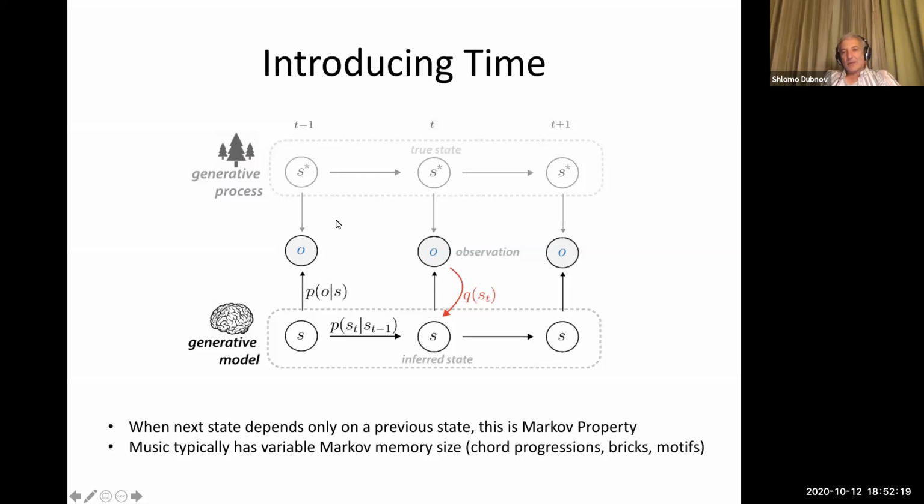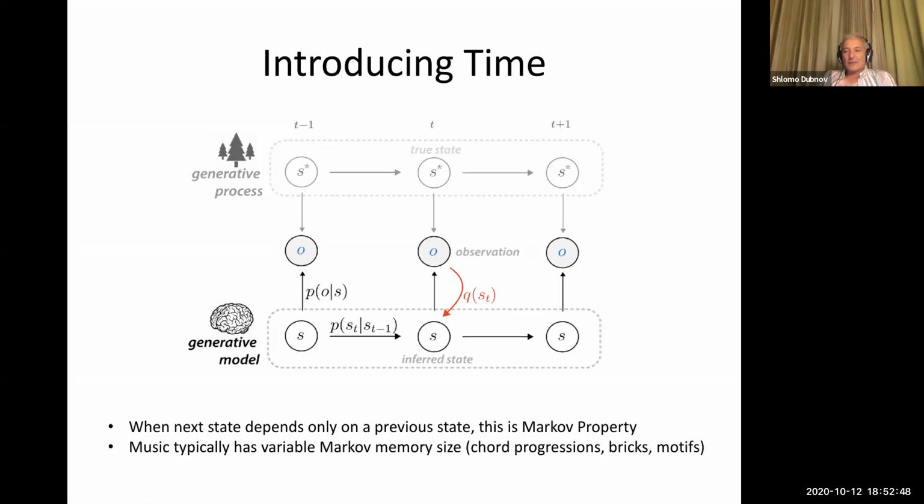And of course, there are the observations. There is whatever you can actually sense. So it's kind of the same thing, except we added this time dimension here. Now, when the next state, so here the index t is the time, when the next state, s of t, depends only on the previous state, which is t minus 1, this is called the Markov property. So if you've heard about Markov chains,